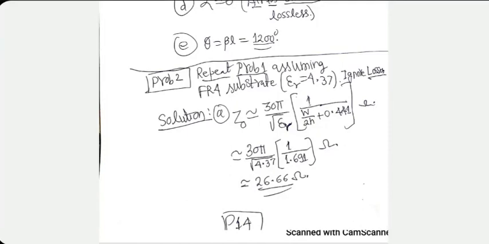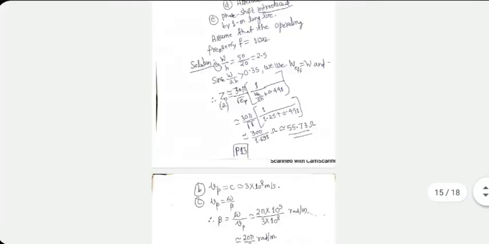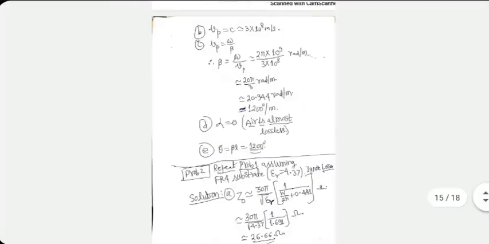Now the characteristic impedance has gone down to 26.66 ohm. These are real life numbers. Calculations are telling you something about real life. 55.73 ohm if you had an air medium, and it goes down to 26.66 ohm if you put a dielectric material with 4.37 dielectric constant in the same construction. Because capacitance has gone up. So 1 upon capacitance is indirectly related to impedance. Z naught goes down if epsilon R goes up. That is the finding we are seeing here.